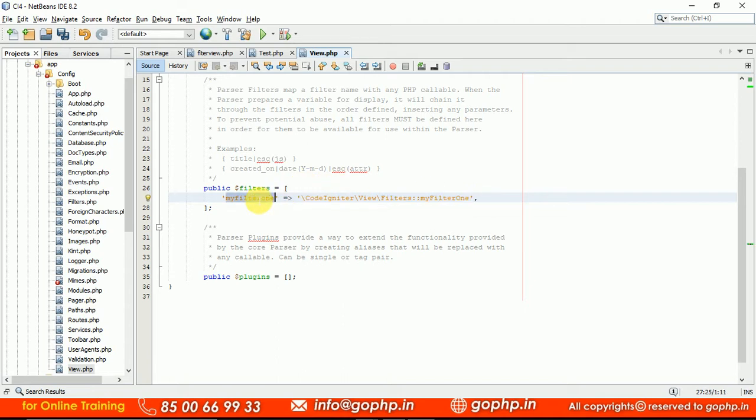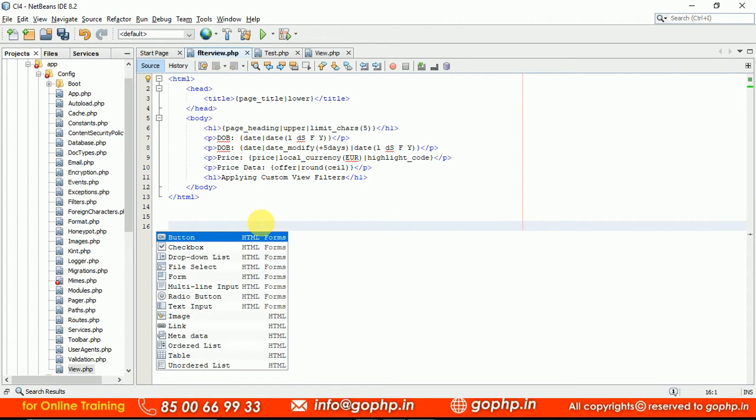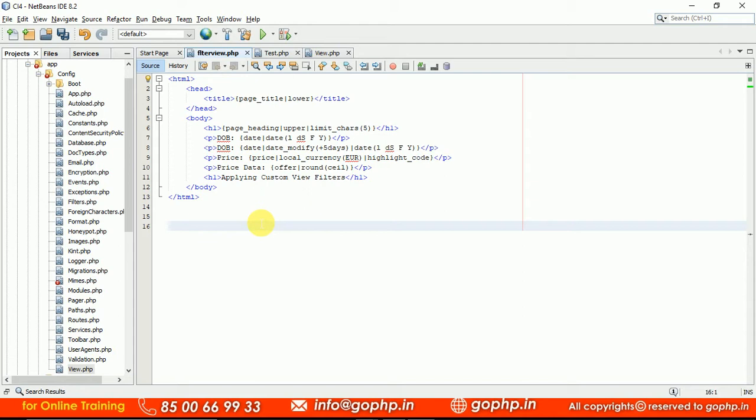Let us do one thing. Now I want to explain one small situation, what type of filter I am going to create. In real time, I want to display a mobile number, like 8500669933, showing only the last 4 digits. Not only mobile numbers, when you are working with credit card processing also, we have to hide some numbers in the credit card and write some logic. So let us see how we can create a custom filter to do this job, guys.